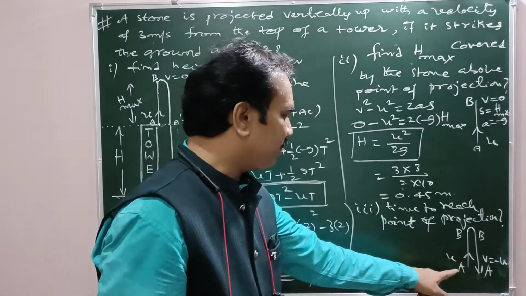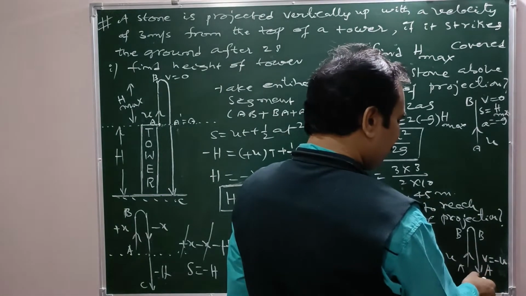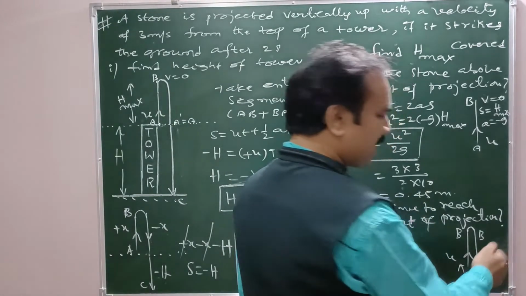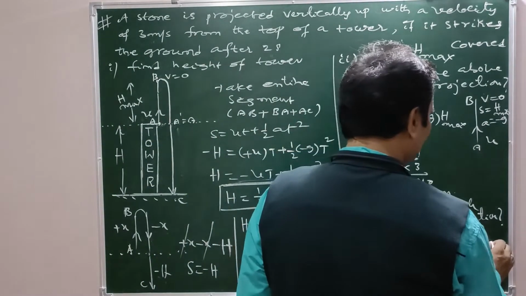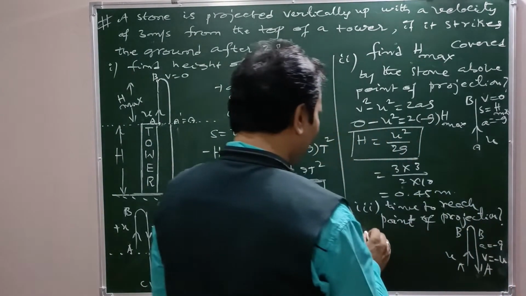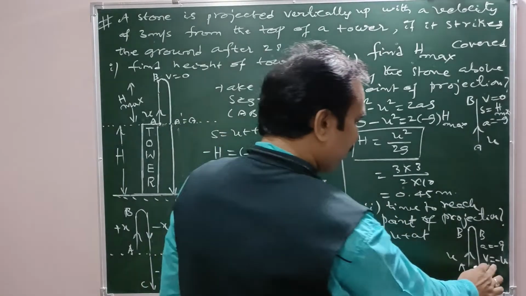So at point A, velocity is U. At point A again, while coming down, velocity is minus U. Right? Now a equal to minus g. Now take v equal to u plus at. Now v means